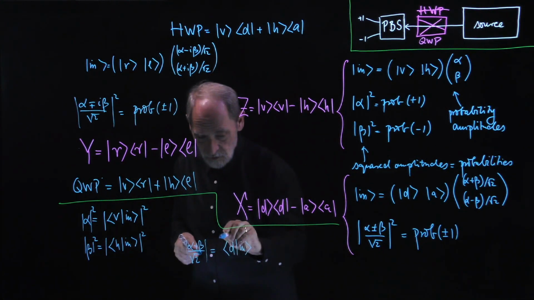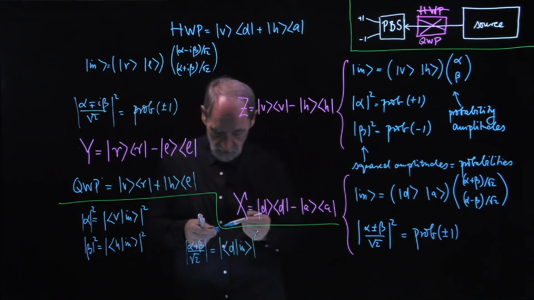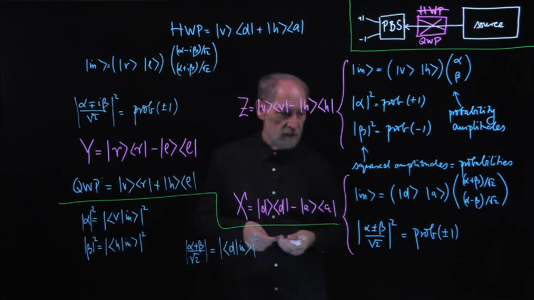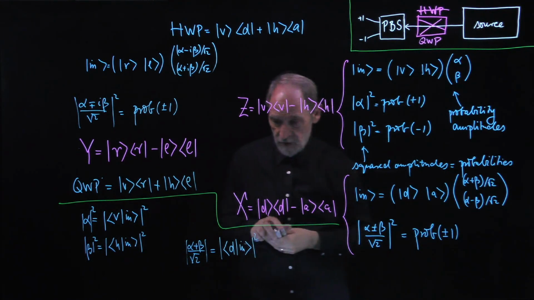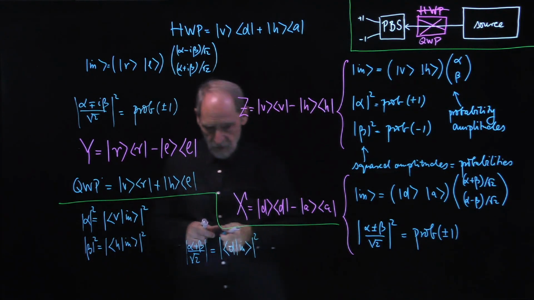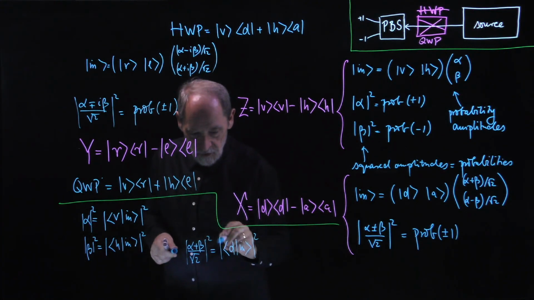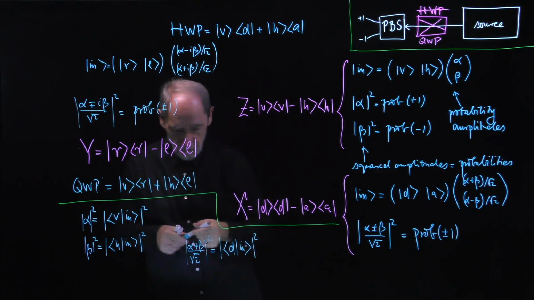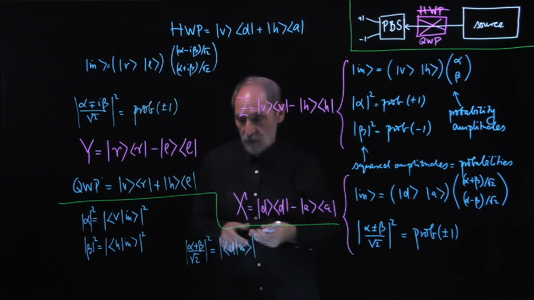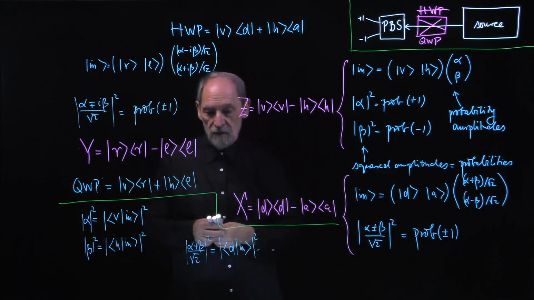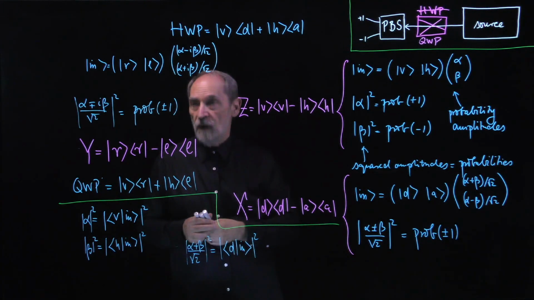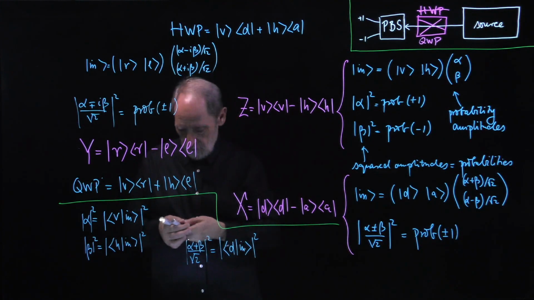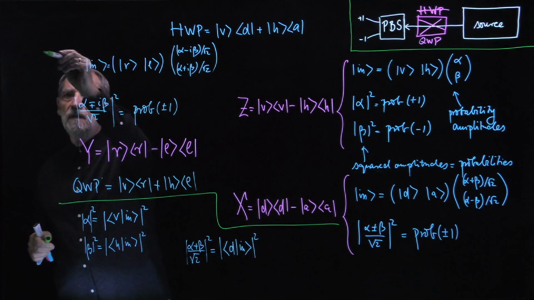Then we square these numbers, and we get the probability for getting +1 if we do the measurement which has the half-wave plate in place, and so forth. So we get probability amplitudes from brackets, and then we square them to get the probabilities. So if we look at this in a much more general way, then we would say